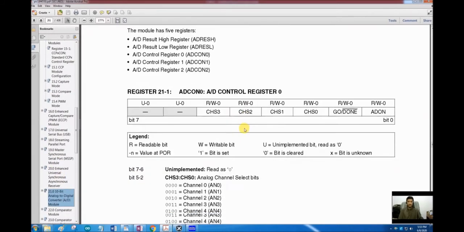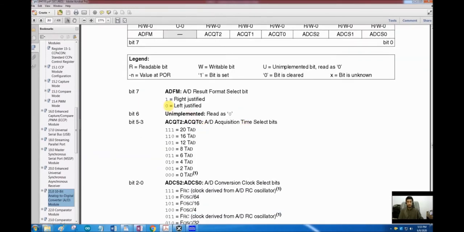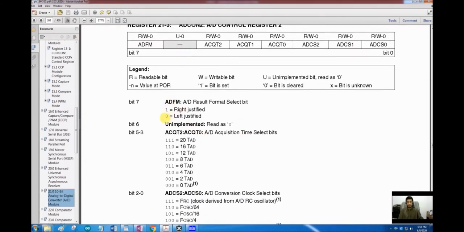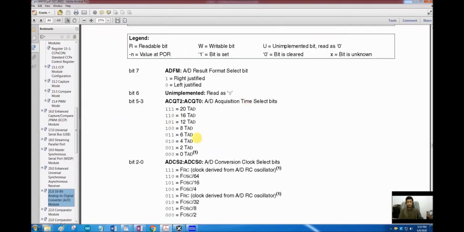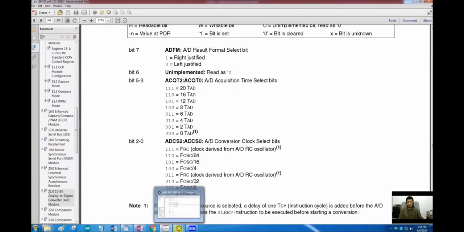One thing that I have changed here is I have chosen different conversion time and conversion frequencies for ADC. Let me open the data sheet here. So if we go to the ADCON2 register, previously we loaded this ADCON2 register with all zeros, but now I have selected this 6 TAD and the Fosc by 32 for the ADC to make sure that enough conversion time and enough acquisition time is given, because the Proteus was showing some errors.